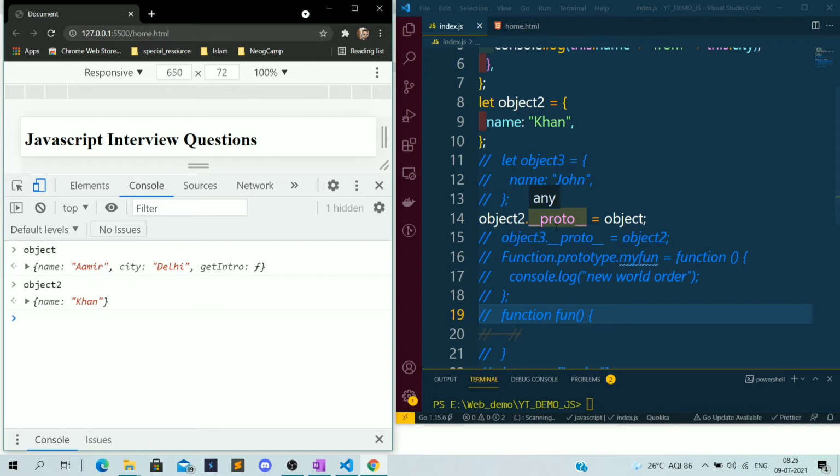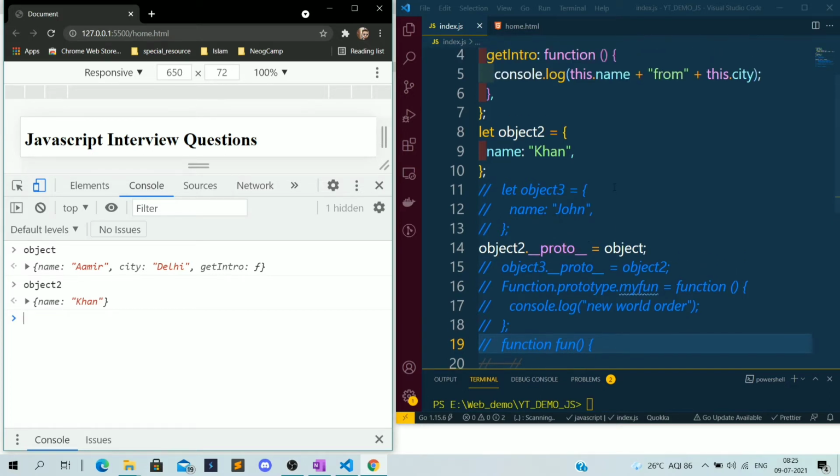Basically, this proto is used to link any other object to our object. So here object2 is an object, and using the __proto__ property I am linking another object to it. I am assigning object to object2.